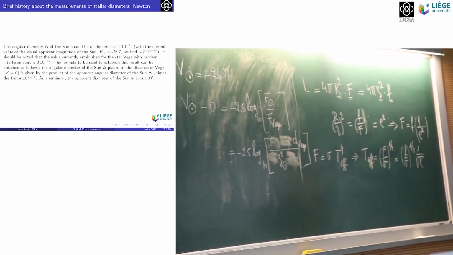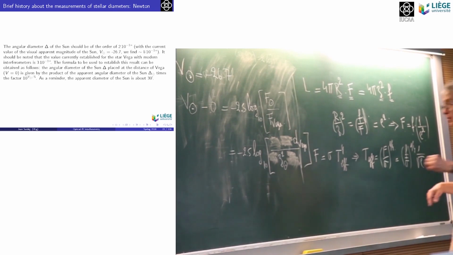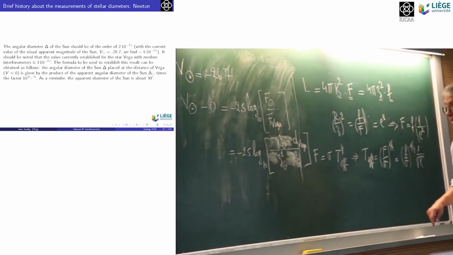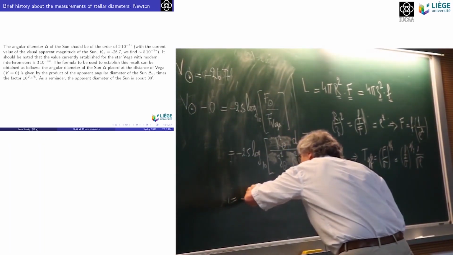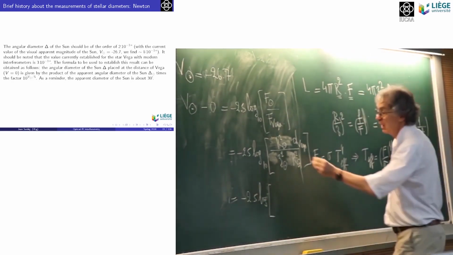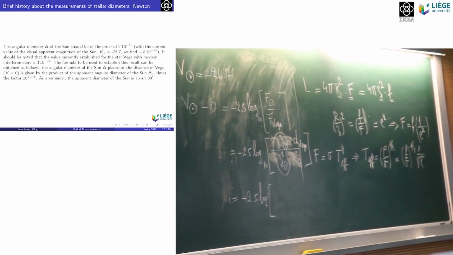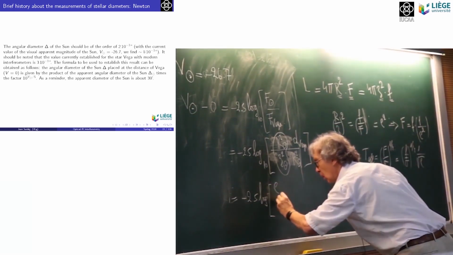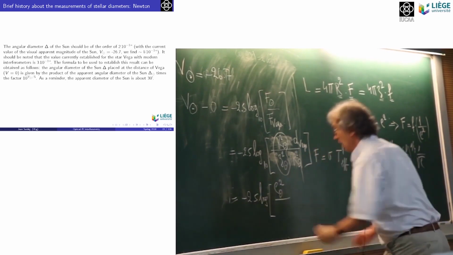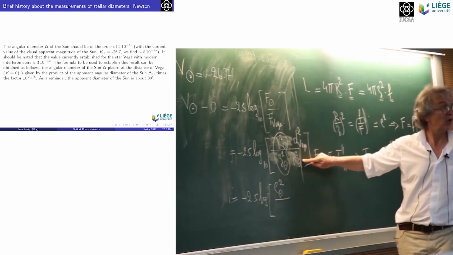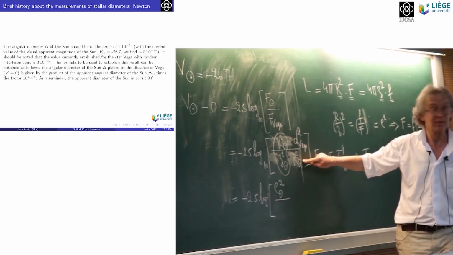And now what I do, I will just insert the square of the radius of the sun above and below, in the denominator and in the numerator. So here I put r square sun, r square sun. Now what we obtain is minus 2.5 times the logarithm of. Okay, can you tell me what that is? It's the quotient of the radius of the sun by the distance of the sun. It's the angular radius of the sun as seen from Earth. So I just write here rho sun square. And now if you do the inverse, this divided by that, well, here I forgot the square. So this is what? This is the angular radius of the sun if it was at a distance of Vega. So I could say, okay,